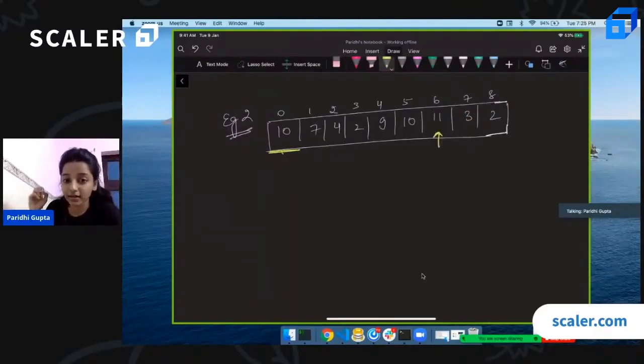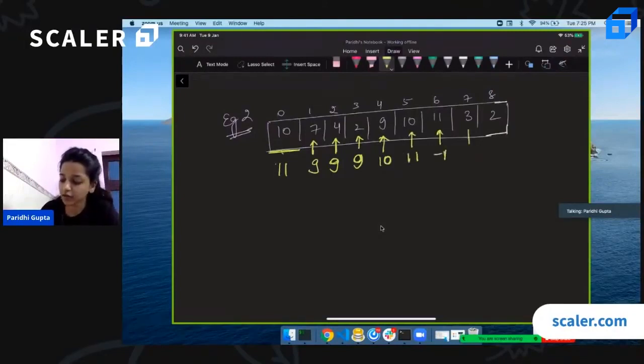To the right of 7, it's 9. To the right of 4, 9 again. To the right of 2, 9. To the right of 9, it's 10. To the right of 10, 11. To the right of 11, nothing. To the right of 3, nothing. To the right of 2, nothing.